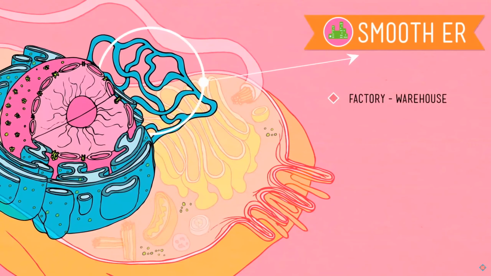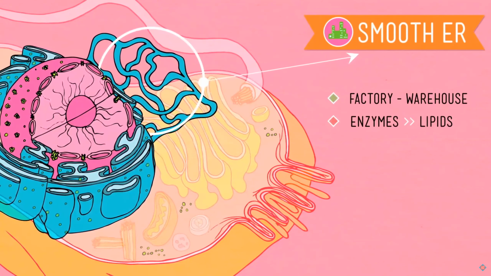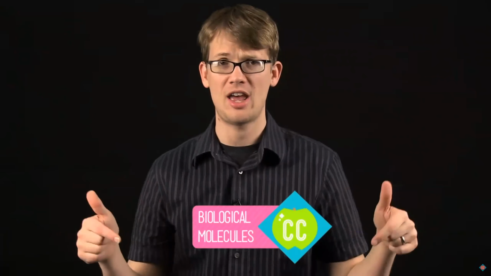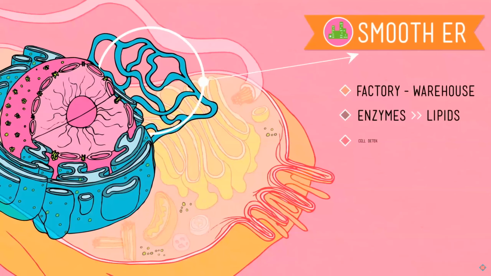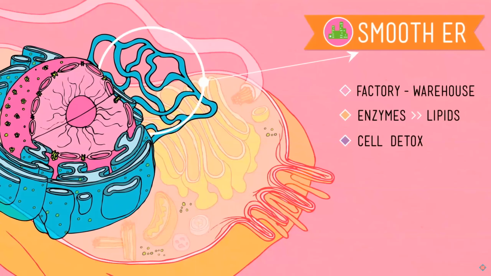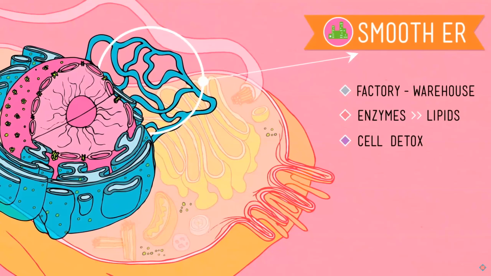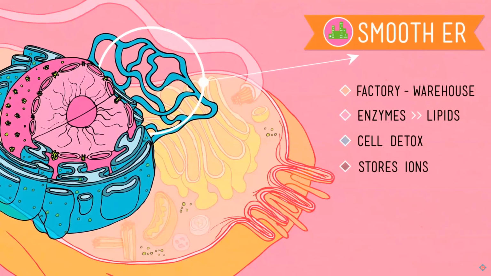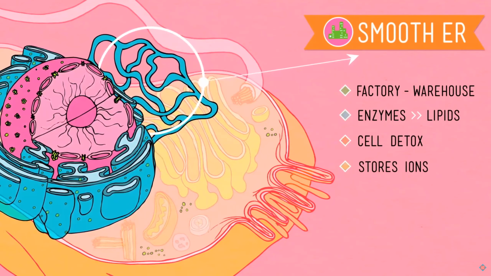Smooth ER acts as a kind of factory warehouse in the cell city. It contains enzymes that help with the creation of important lipids, which you'll recall from our talk about biological molecules, phospholipids and steroids that turn out to be sex hormones. Other enzymes in the smooth ER specialize in detoxifying substances, like noxious stuff derived from drugs and alcohol, which they do by adding a carboxyl group to them, making them soluble in water. Finally, the smooth ER also stores ions in solutions that the cell may need later on, especially sodium ions, which are used for energy in muscle cells.